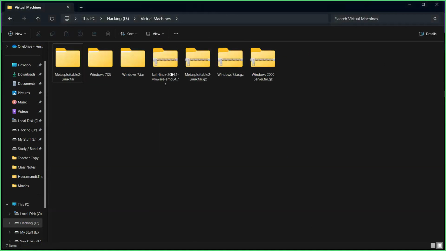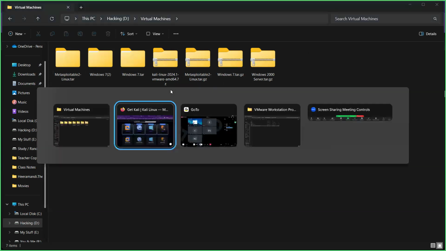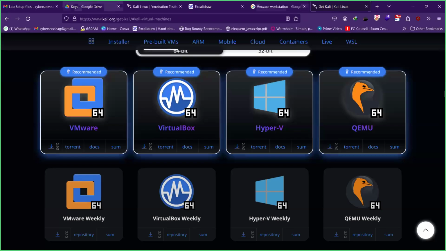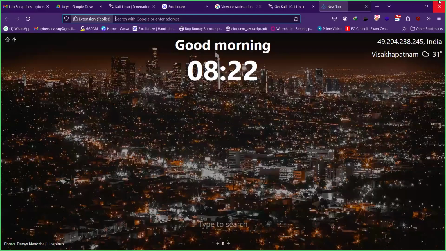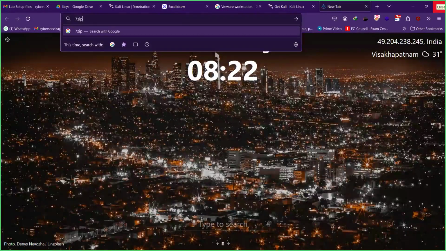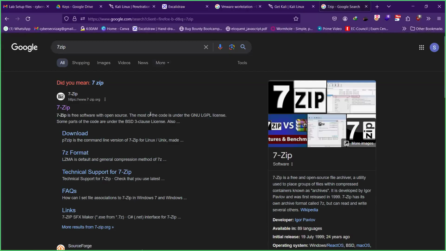First things first, it's a zip file, it's a compressed file. So you have to extract this file now. In your operating system, if you have a tool like WinZip to extract files, it's perfectly fine. If you don't have WinZip, we can use a third-party application called 7-Zip as well. So if I go to my browser now and search for 7-Zip, and click on the first link here,